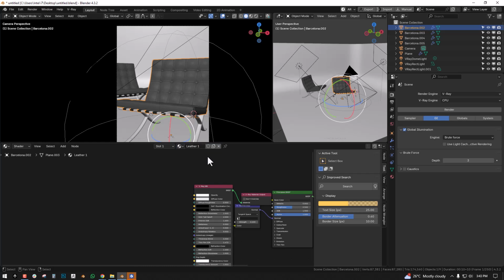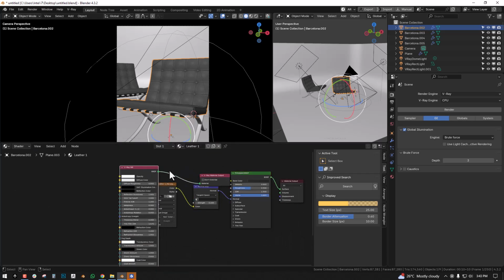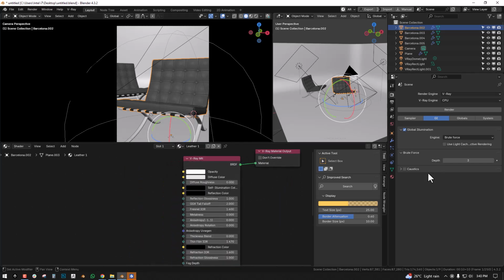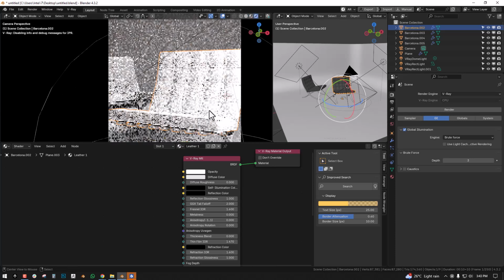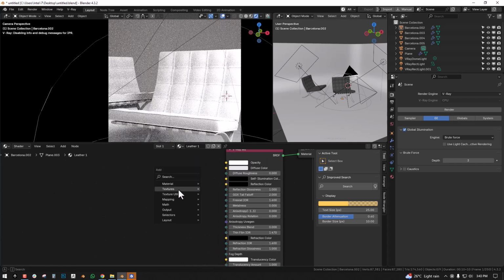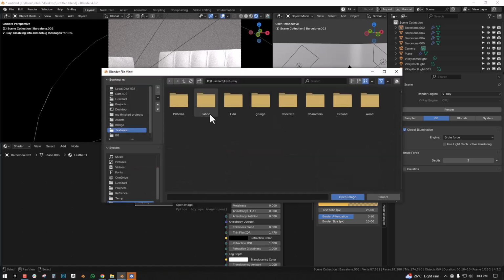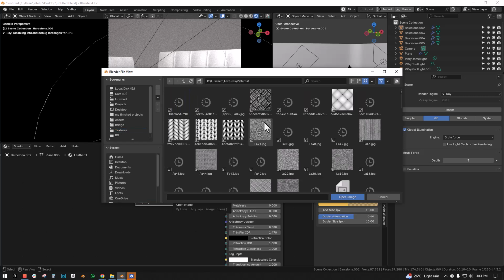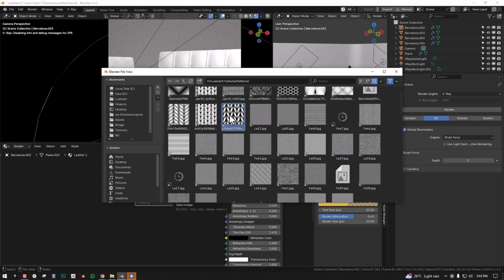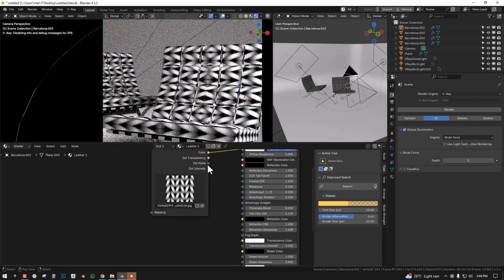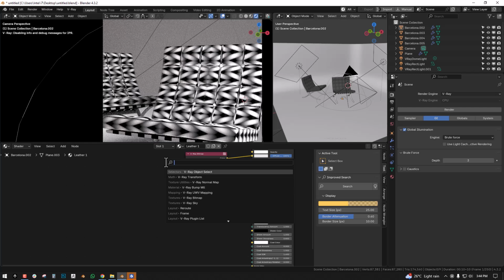So let's say we will use the V-Ray material for this, so we can delete the Cycles stuff. My goal is to show you one point where the CPU and GPU show some difference, at least in this situation. So if we add a simple bitmap texture, and let's say we bring up a random pattern. Let's use this one. So we can connect this to the diffuse, and if we search for mapping,